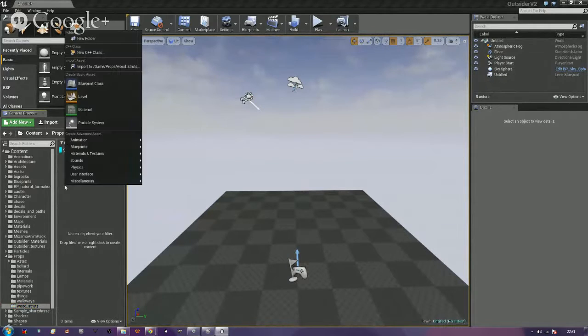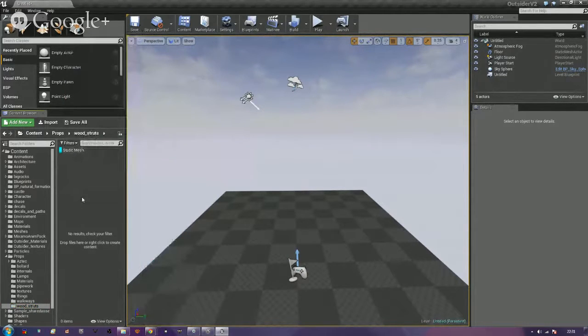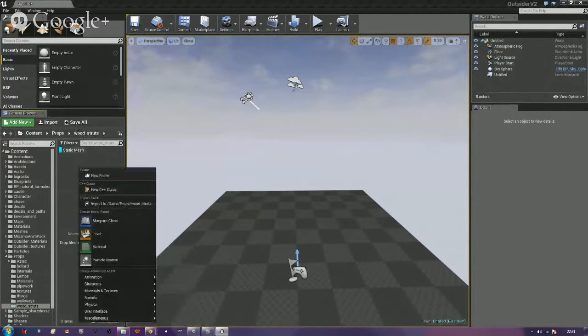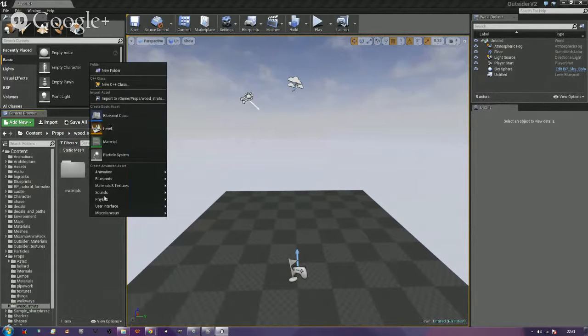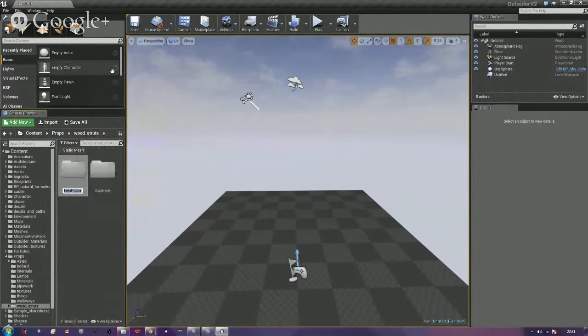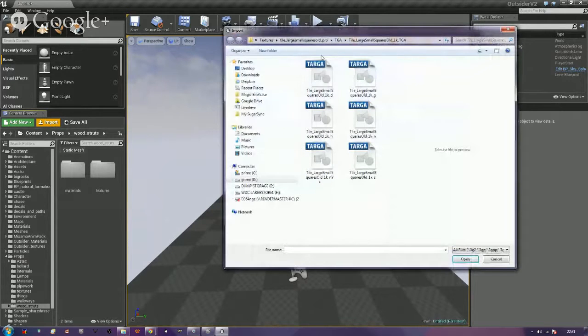And then in here, I'm going to have some importing going down. So I need a new folder, materials, and a new folder, textures, and I'll just dump the actual wood struts themselves in here. So import,